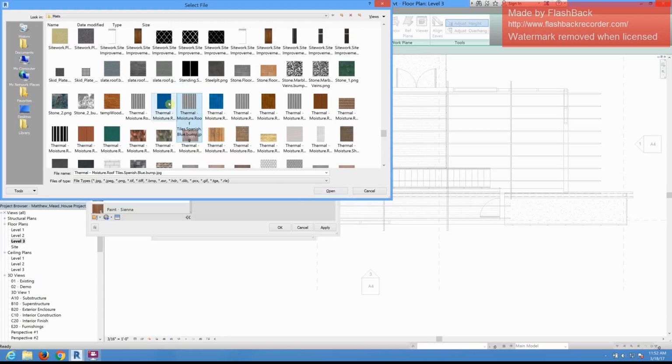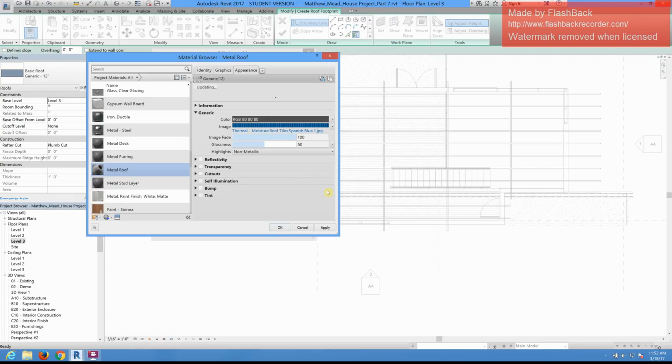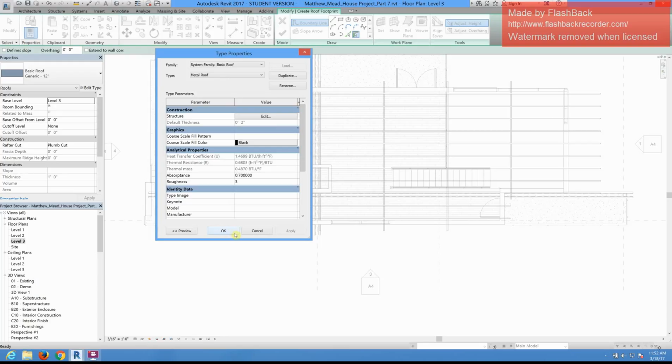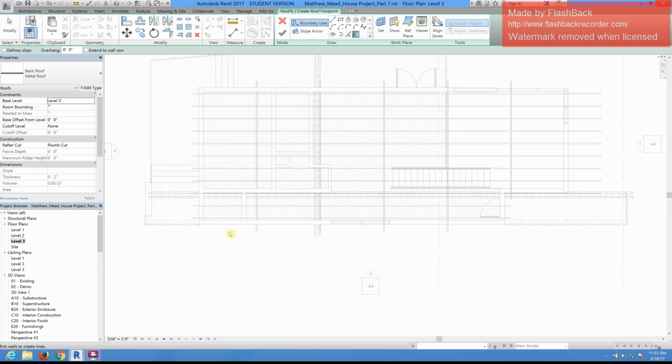Why not? We're going to go blue roof. We're going blue. We're doing blue Spanish tiles. Hit OK. That's going to be our metal roof. Let's give that a thickness of, I think it says 1.5 inches. And we're going to hit OK. And just like we did for our beam system, we're going to go ahead and match the offset that we did for the upper beam system. All right, so we're going to do 1 foot